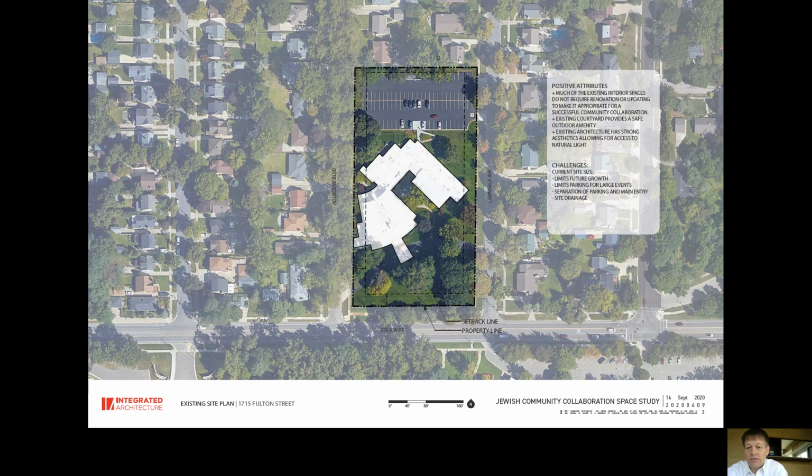Some of the challenges, obviously, though, with the site are just the size. It's in a residential area. It's got limited growth. The parking is restricted in terms of its ability to expand. There's some site drainage issues on the east side of the building. But a lot of these things I think you'll find in this study are all things that can be solved and worked upon and